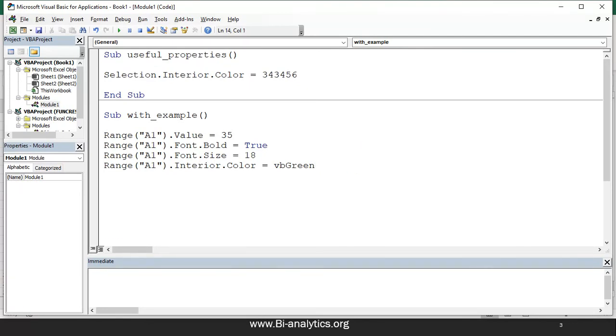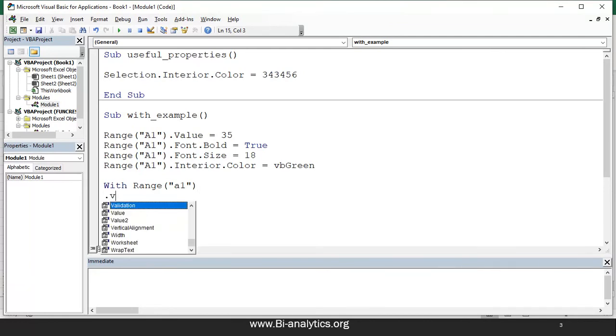Now we'll write the same code in an easy way. In all 4 lines, we are applying the properties to Range A1. So what we'll write is With Range("A1"). Fine.